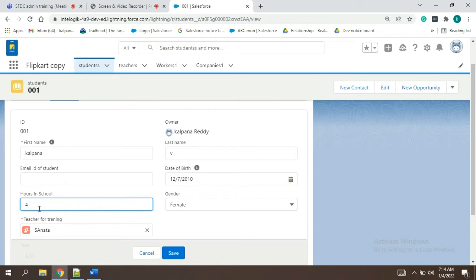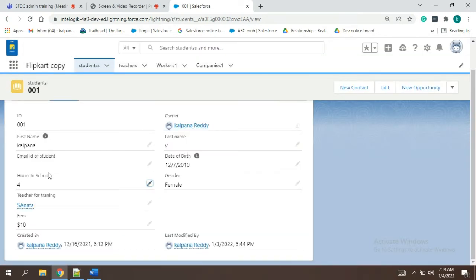So for that, we have to add one more field here and populate it whenever we manually enter hours which are less than 4 hours. We want one more field to get updated. That field update, based on some criteria, we want some other changes to apply.